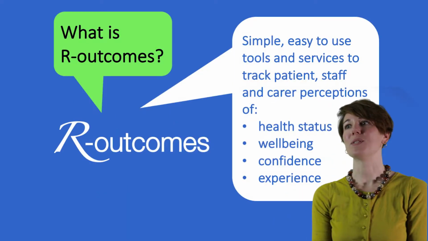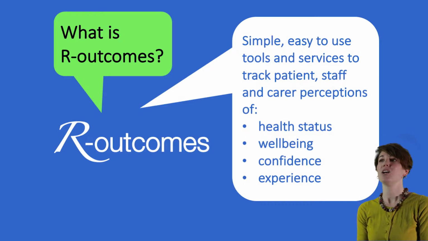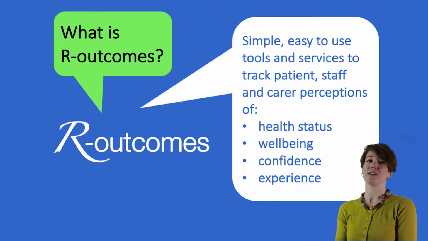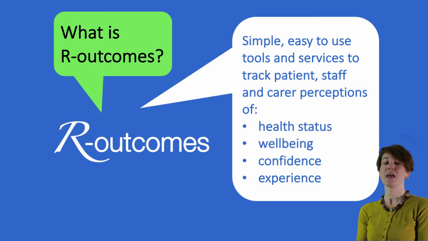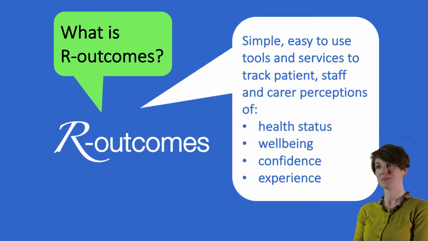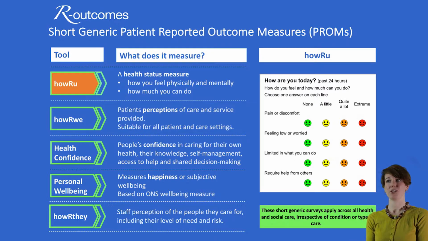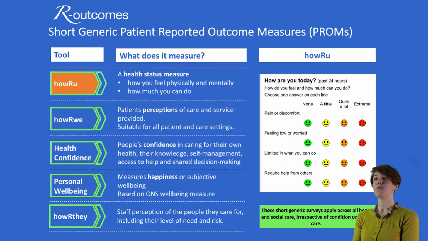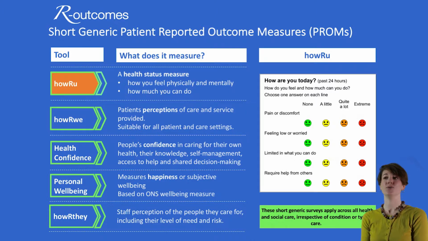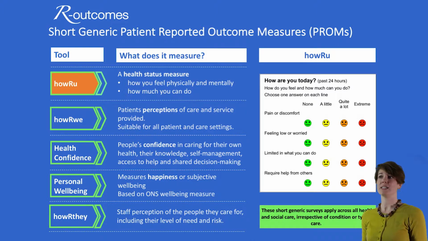What is Our Outcomes? Our Outcomes is a simple and easy to use set of tools and services to be able to track patient, staff and carer perceptions of health status, well-being, confidence and experience. Our Outcomes is a short generic patient-reported outcomes measure, or PROMs, and there are 4 tools that are used within Our Outcomes. How are you, which measures health status, how you are feeling physically and mentally, and how much